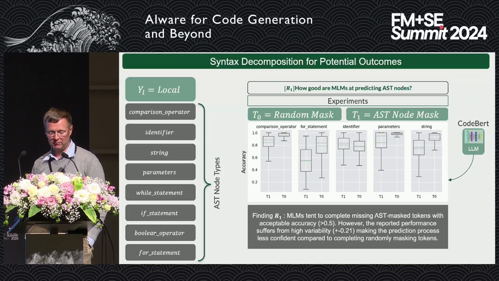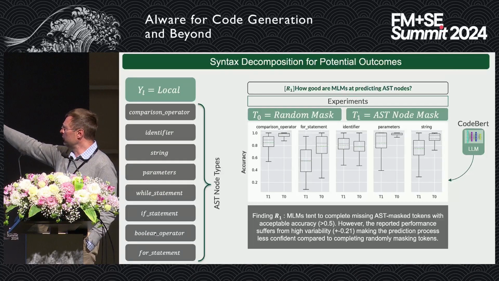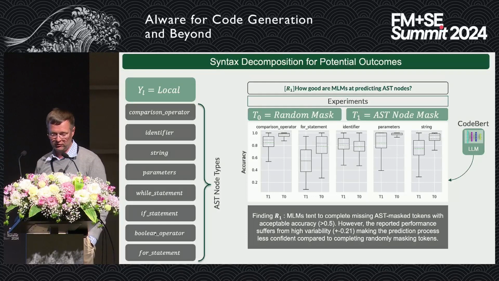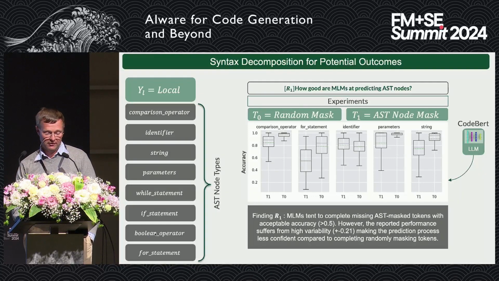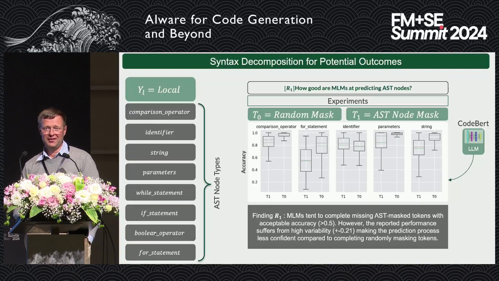And this is actually quite interesting because we ran a whole bunch of experiments to try to understand how this works. This is one of those experiments, where we did random masking versus AST-based masking, and we didn't find any difference. In other words, AST-based masking, surprisingly, did not work better as compared to just random masking, because we expected the model to pick up syntactic relationships much better.